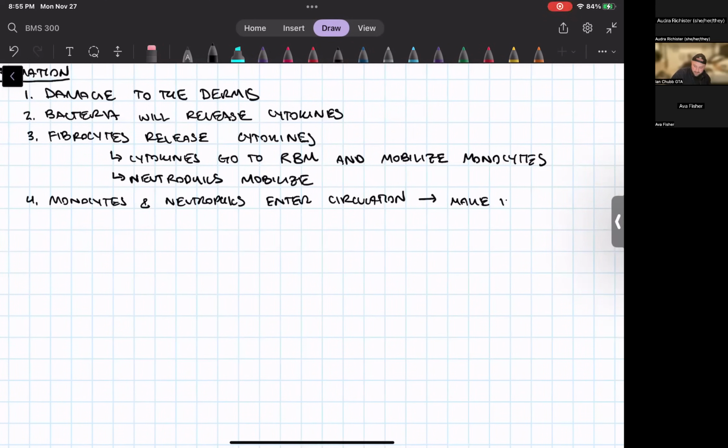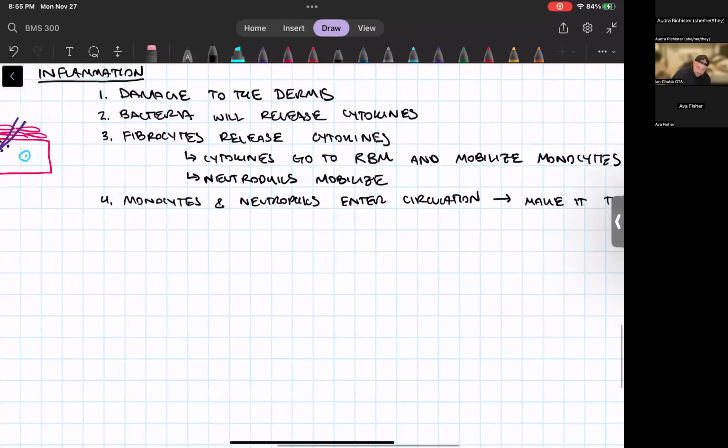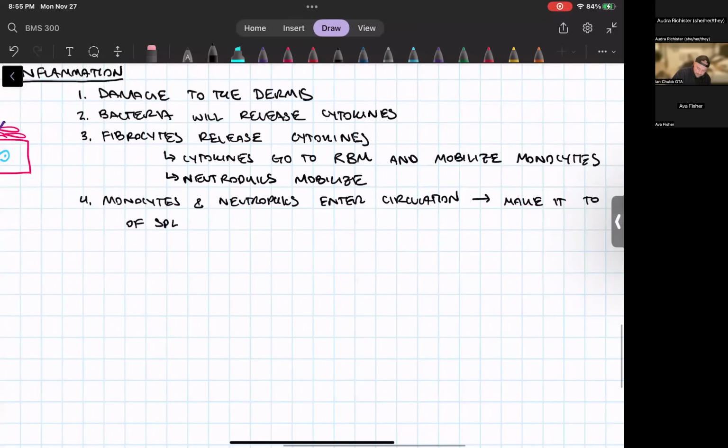They'll make it to the site of the splinter. And then what do the neutrophils do first? I think what's first important is that neutrophils use... what's the name for the protein? Selectin, I think. Selectins. Yeah, use selectins to enter